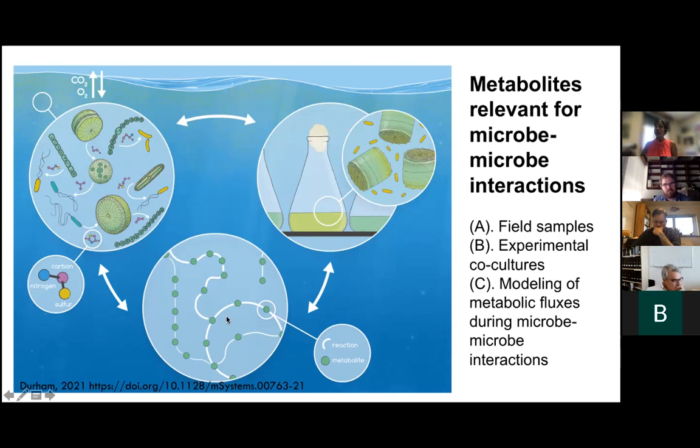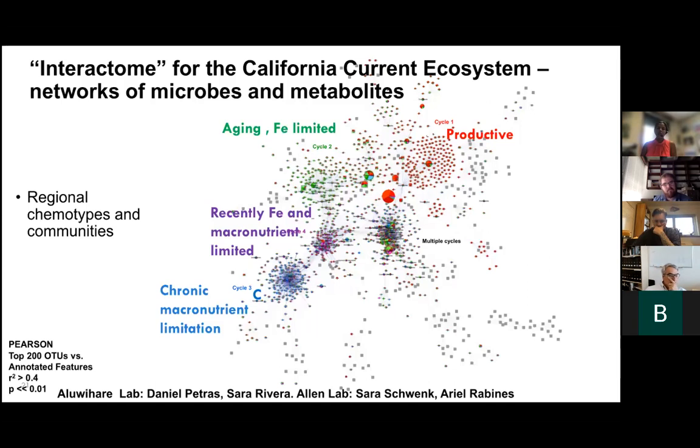And you can sort of try to do this computationally with microbe-metabolite networks. I'm going to talk about our work from field samples here. So I'll just get into it right away. This is something that others have used the term interactome for. But what you're essentially looking at in a very small space is correlations between 16S and 18S sequences and metabolites as detected by the methods that I just discussed previously in different